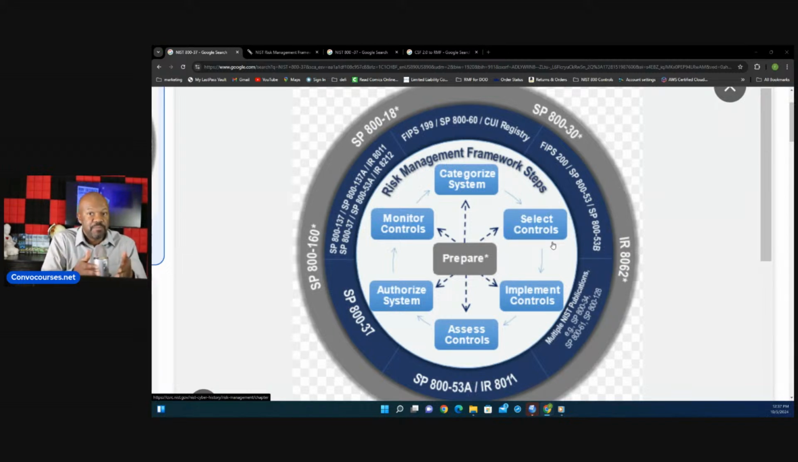You're tailoring the controls to your system. And that's one of the beauties of the risk management framework. So once you've selected your controls, the next thing you're going to do as an organization is implement the controls that were selected. Now, this really usually takes the longest time in the entire process because